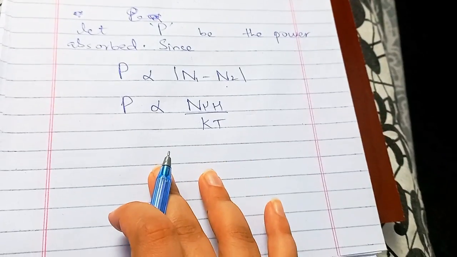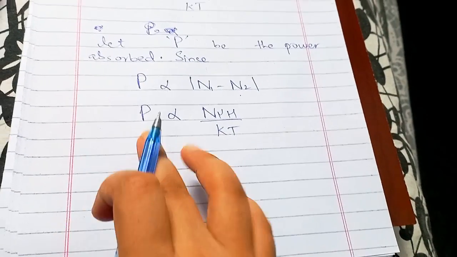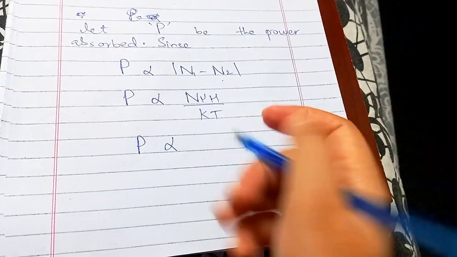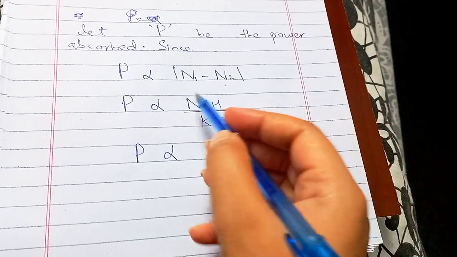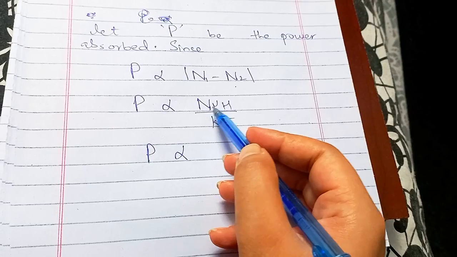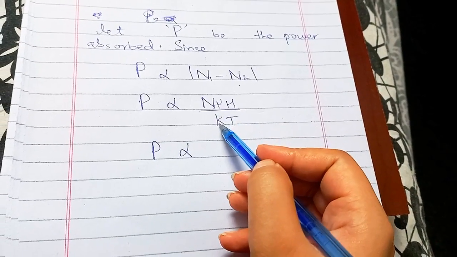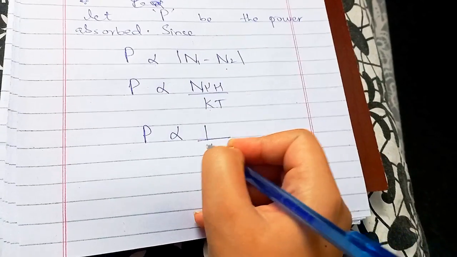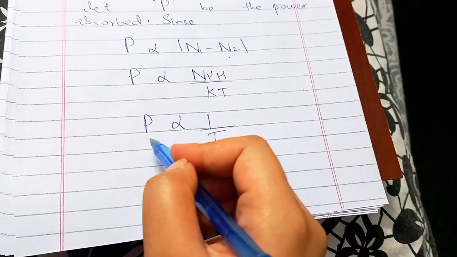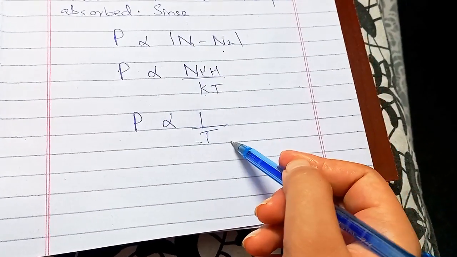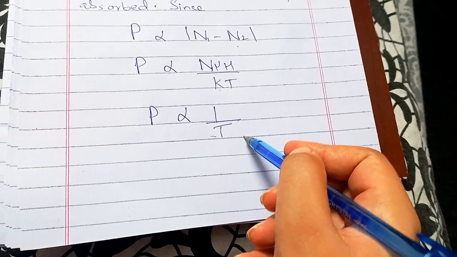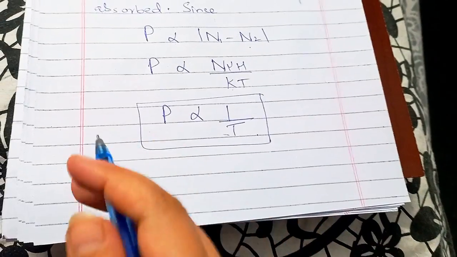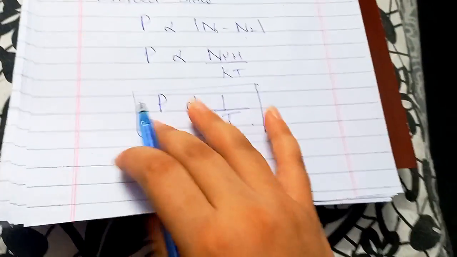And since again we wanted a relation between power and temperature, we can take all other things as constant, which are actually constant. Capital N is constant for a given sample, mu is constant, h is constant, kB, which is the Boltzmann constant, is constant. So we are left with 1 over T, and power absorbed is inversely proportional to the temperature. Alright, this is the relation between the power absorbed and the temperature of the sample, and that is something that we needed to calculate. Hence, we can write